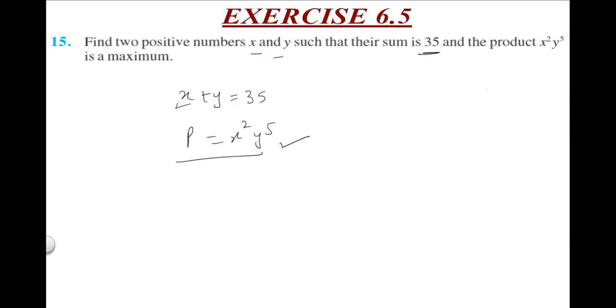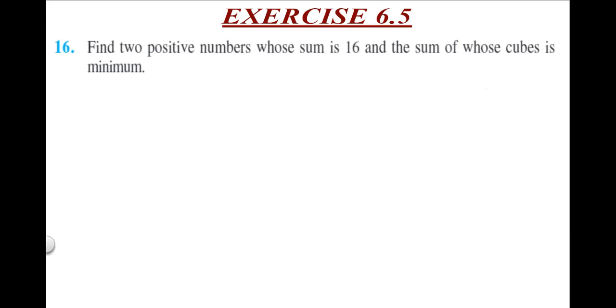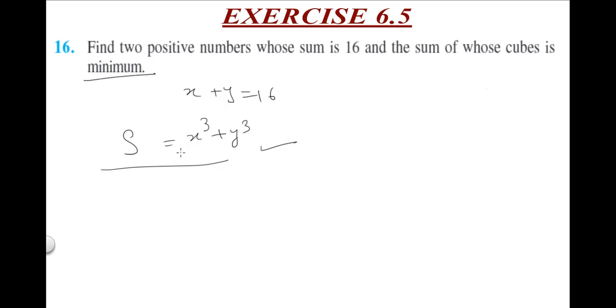So I can just hint you about question 16 also. Two positive numbers, sum is given as 16 and sum of whose cubes is minimum. This we can represent with s. So this is what we have to prove as minimum. For minimum, the second order derivative should be greater than 0. So again you replace them, consider it as a one variable equation, and then differentiate it, equate it to 0, find out the values, then find out the second order derivative and put those values in that and check at which value it is coming as greater than 0 for minimum, right? And you can then find the two numbers.